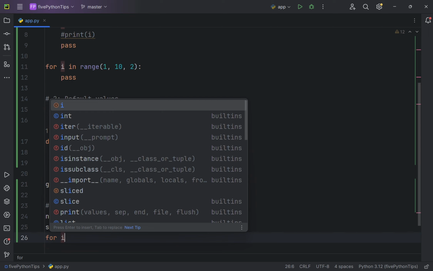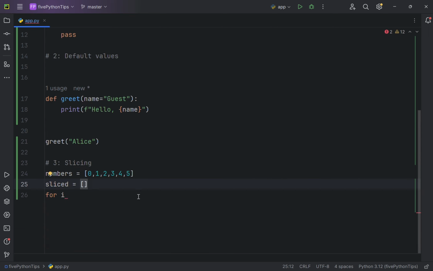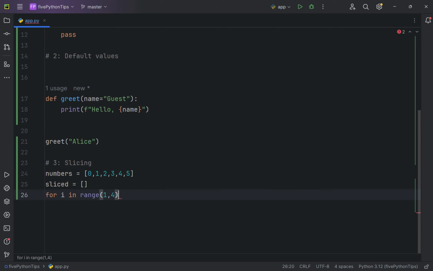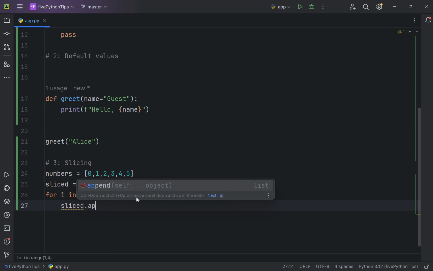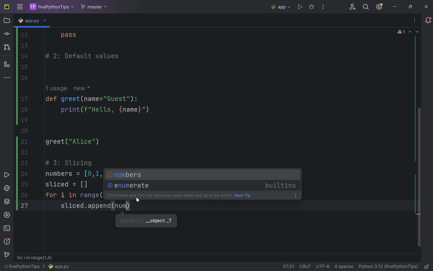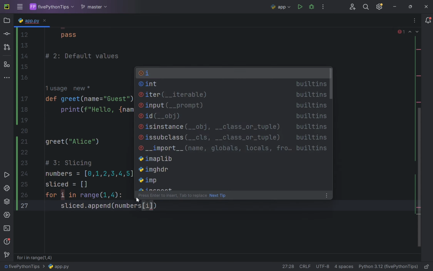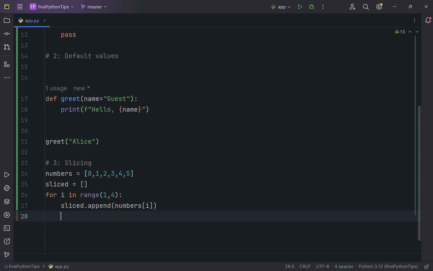So for i in range 1 to 4, let's say, slice append numbers[i]. Print